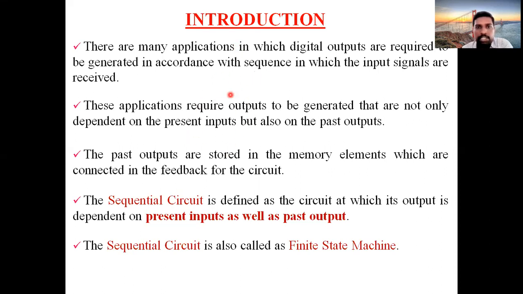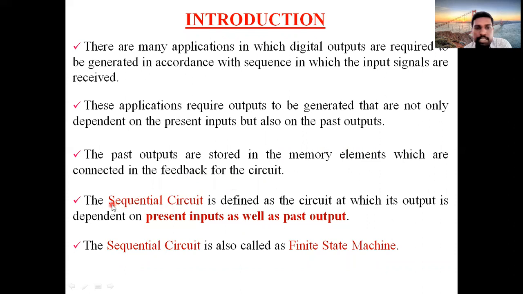So what is the condition here in a sequential circuit? There are some applications in which we need to store the previous outputs also. Okay, there are some applications where we need to use the previous output as the input. In that particular scenario, we use a special type of circuit in which the combinational circuit is linked with a memory element. Okay, so past output is to be stored. That means you need some memory element. So in order to store the previous output, the memory elements we are using are flip-flops and latches. And these memory elements are connected as the feedback in the circuit.